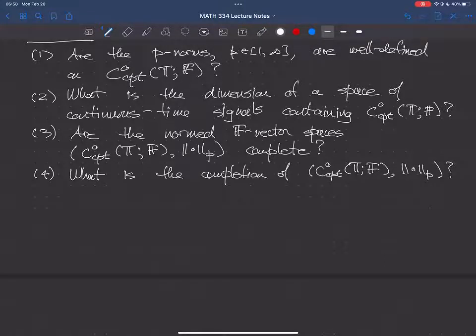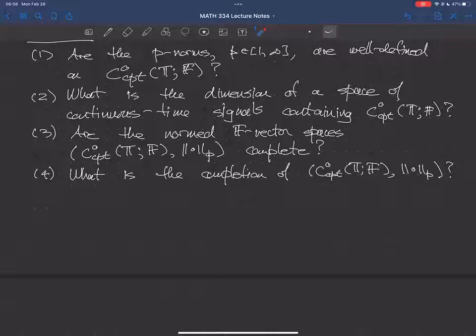And typically the difficulty of that question sort of splits into two cases. One is when p is equal to infinity, and then what we're going to see is that the completion of this space is relatively easy to understand. Moreover, it's something you can easily get your hands on, because it'll turn out that in the case of p equals infinity, the completion of this thing is another space of continuous signals. The difficulty that arises is when p is not infinity.